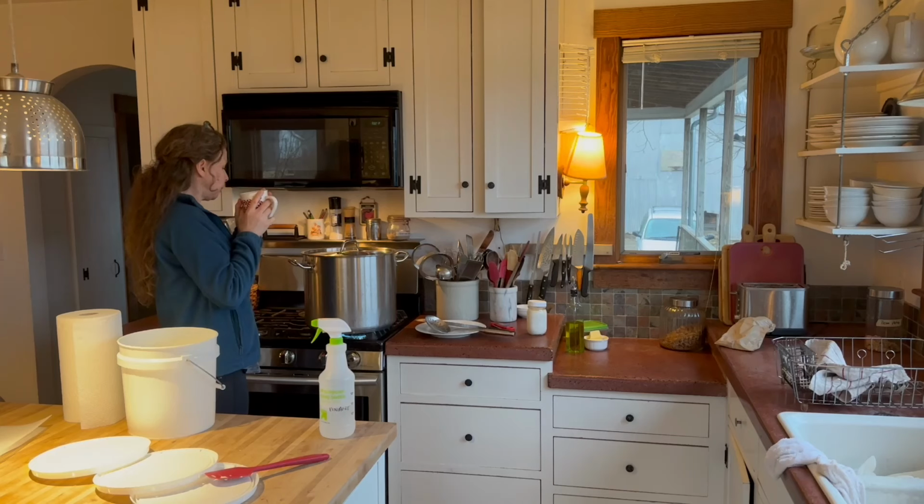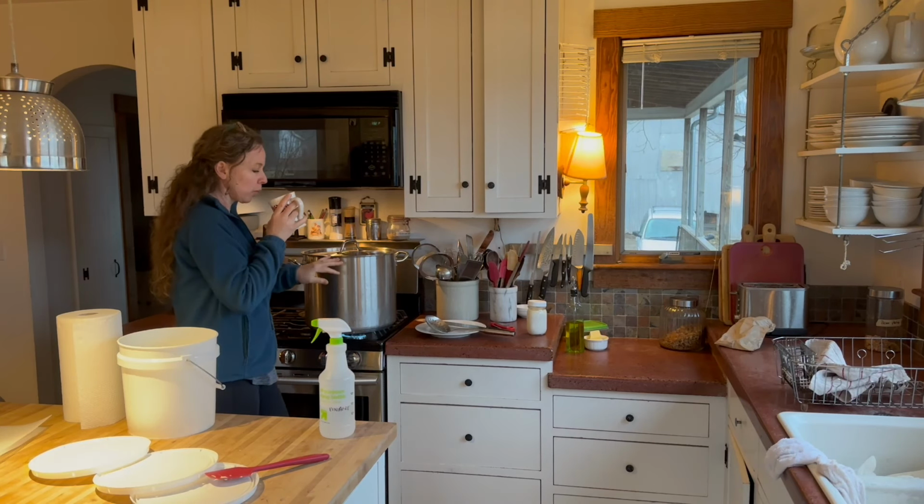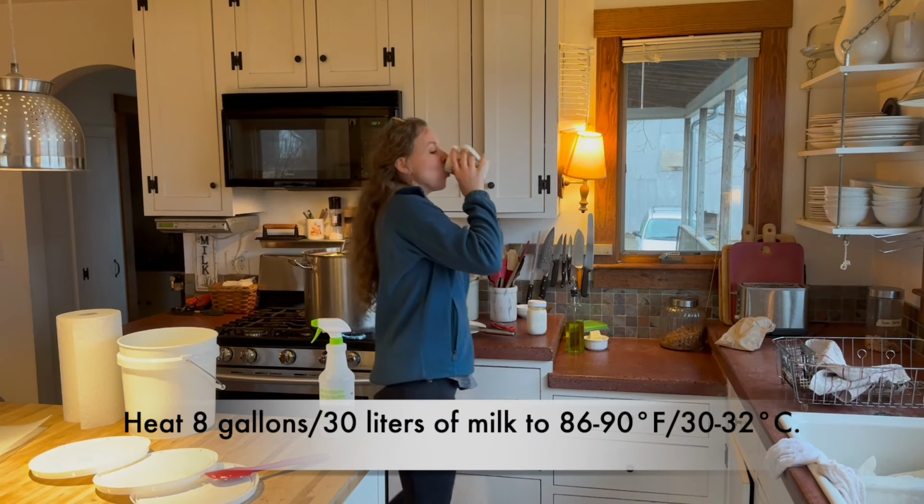2 different kinds. We're going to try a Bulgarian kind. We're going to try a Greek kind. We're just going to knock this out and get over myself. I'm done with this. Already this morning I put about 6 gallons of milk into the cooking pot, turned it